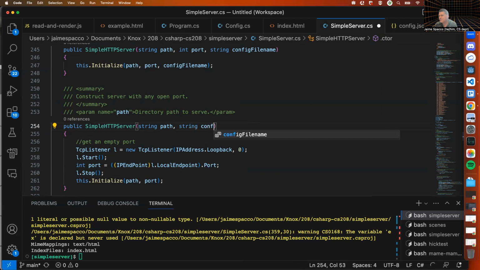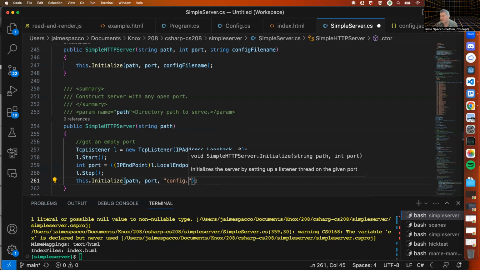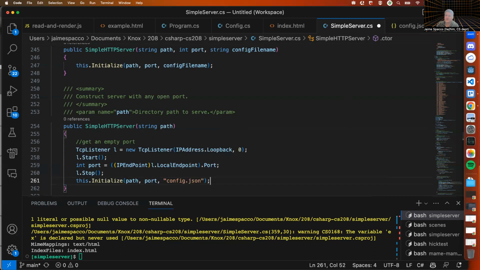Right? Do I do this and pass it in? Or do I do this and I'm just like, guess what? If you don't tell me, I'm going to just assume it's config.json. This would work, but honestly, it's a little sloppy, right? It's a little sloppy. We don't really want that. I think we want config file name, file